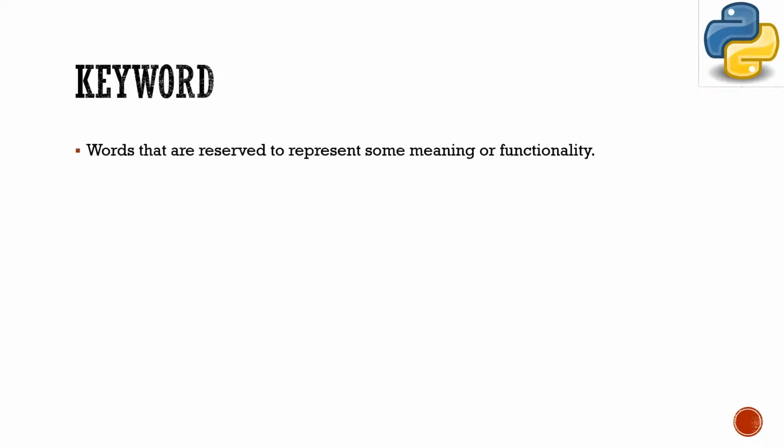Now the first one is keywords. What are the keywords? Keywords are the reserved words which have a special functionality in the language. They are reserved particularly by the language. Next, how many keywords are there in Python? Or you can take it as a layman structure also. For example, in other languages like English, Latin, Spanish, any languages, we have several words which are already predefined. For example, you can take the word dictionary. It is already a predefined word. Similarly, in Python, we have 33 keywords that are already predefined.